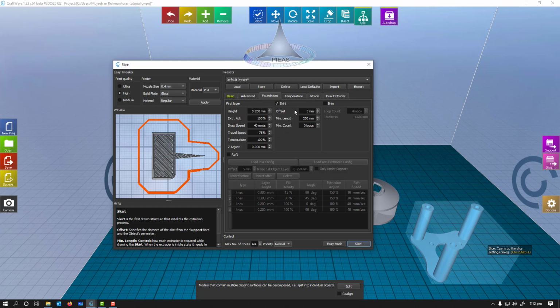So what will happen with the skirt? Actually, skirt is used to extrude out any material which has been damaged or worn out due to melting and remelting in the nozzle head.